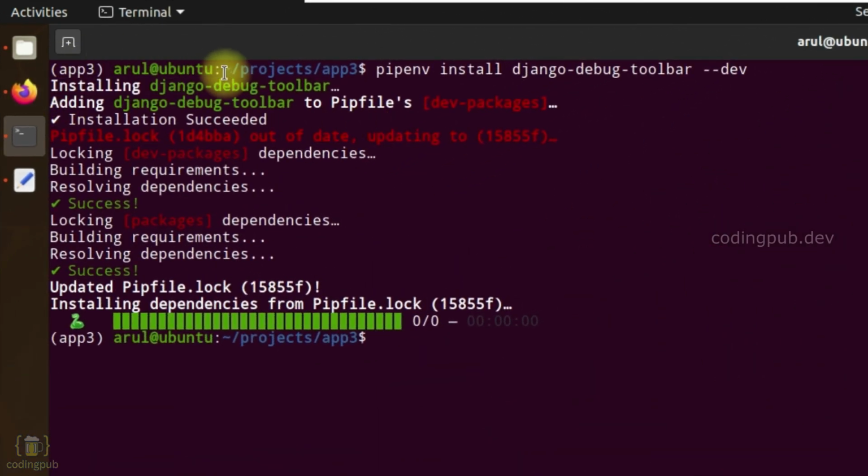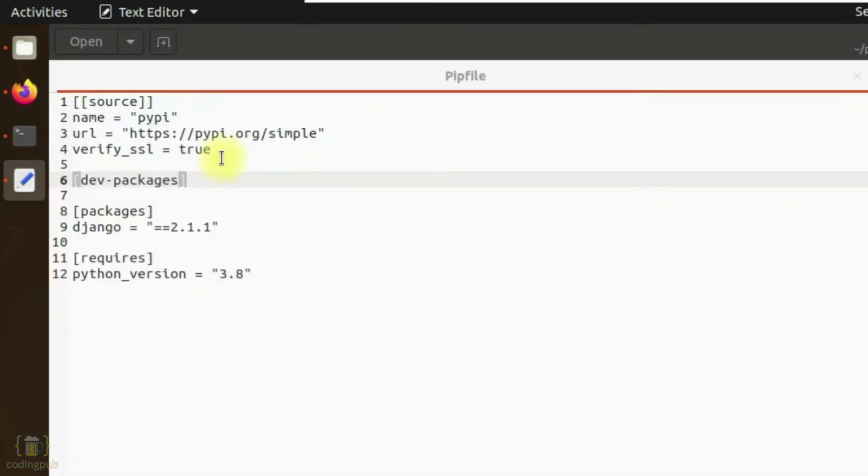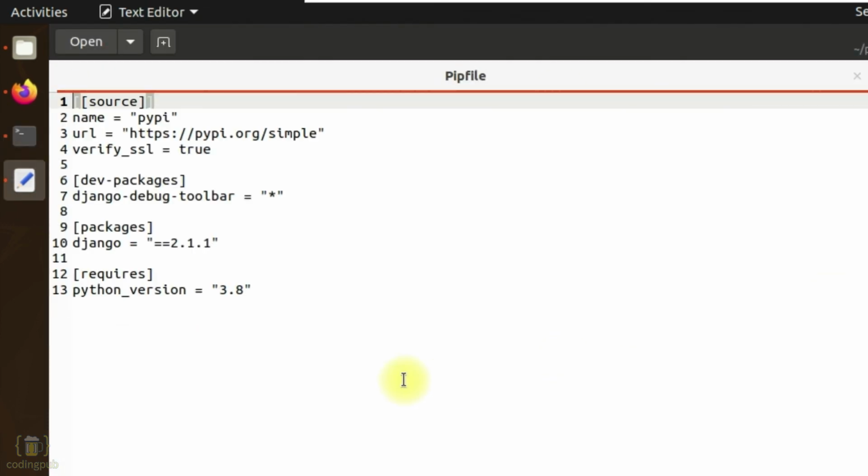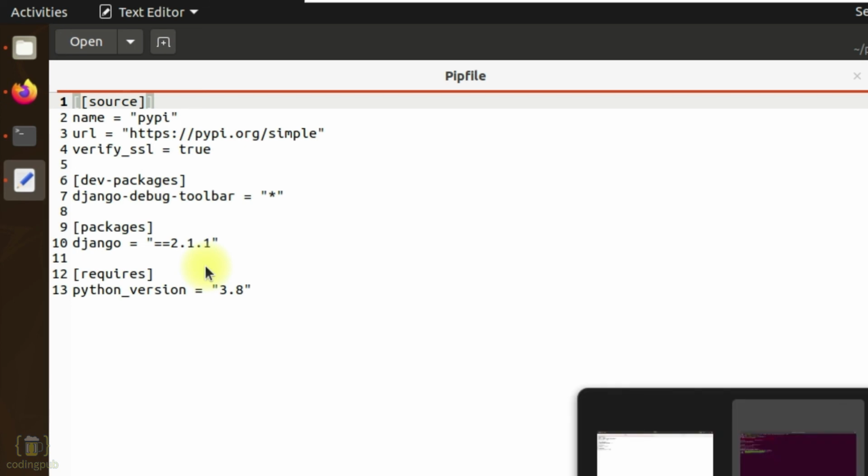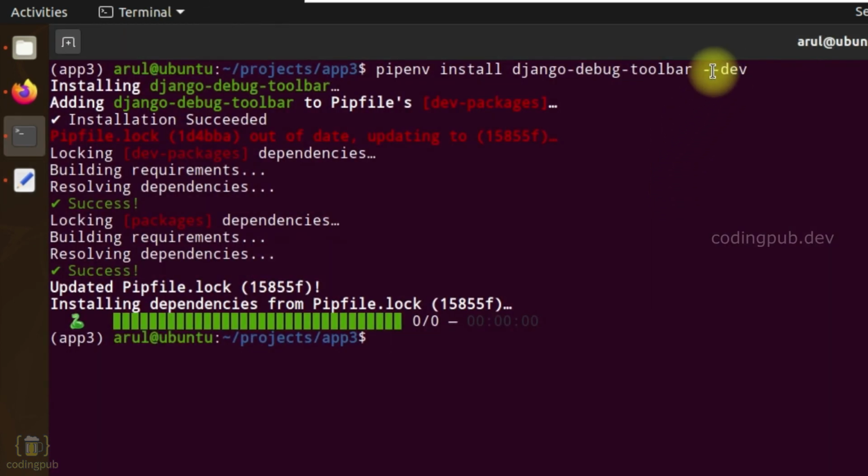So the installation of Django debug toolbar is complete now. Let's go to the Pipfile and reload its contents again. As you can see, Django debug toolbar has been added under dev-packages and not under packages. This is because we passed this dev parameter along with the installation command.